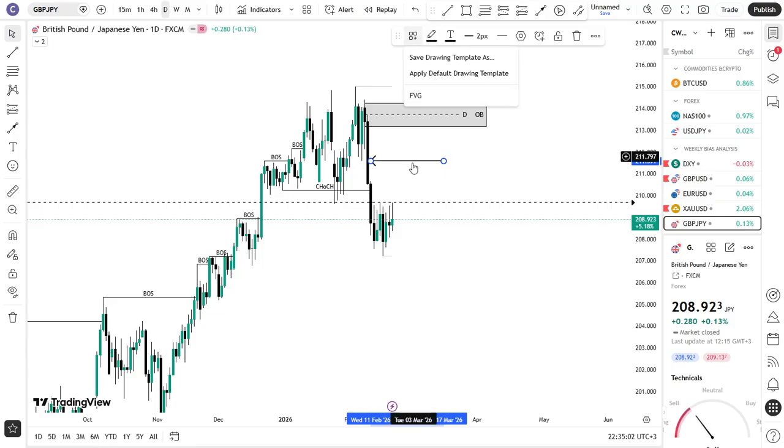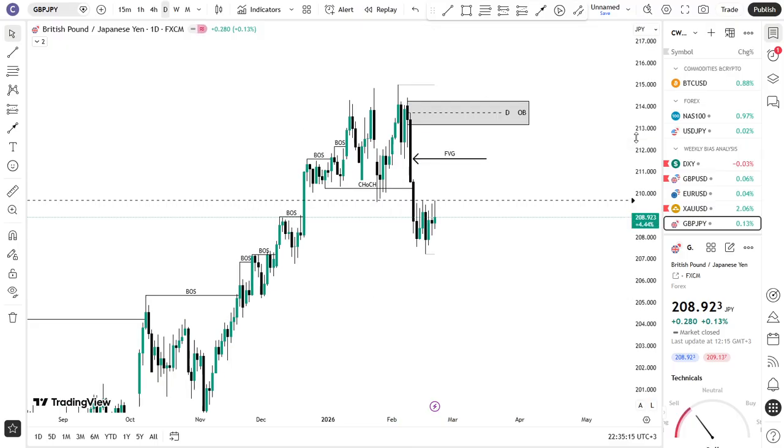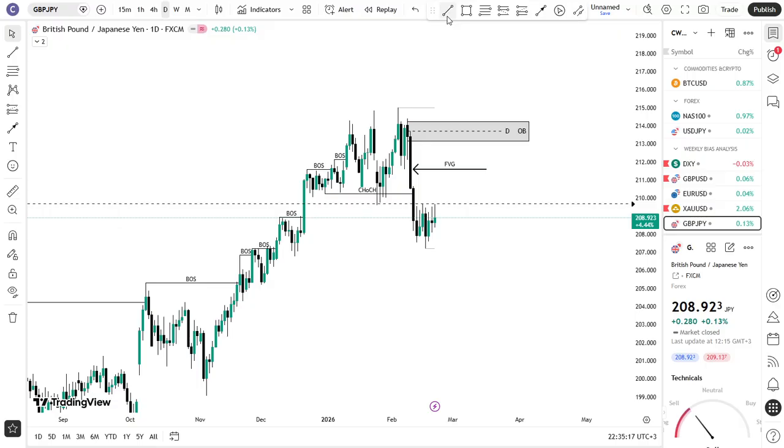So price might come to this FVG and then push price to the downside, or it might come to this order block. Okay, but if price closes above this level,